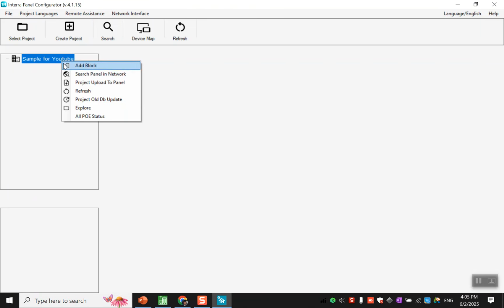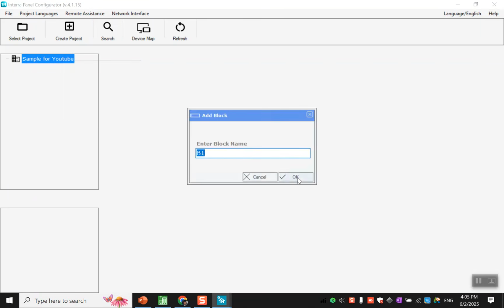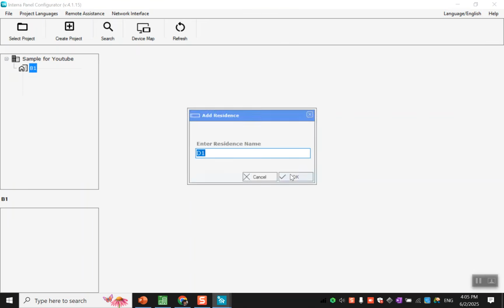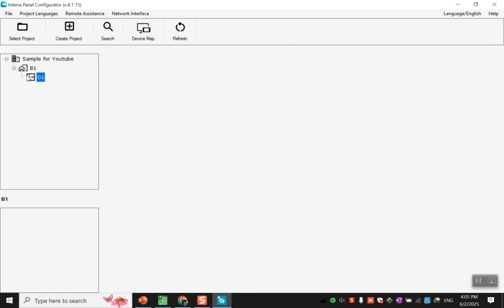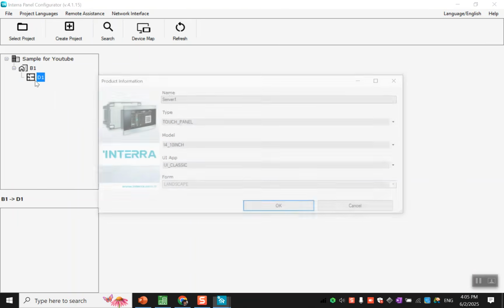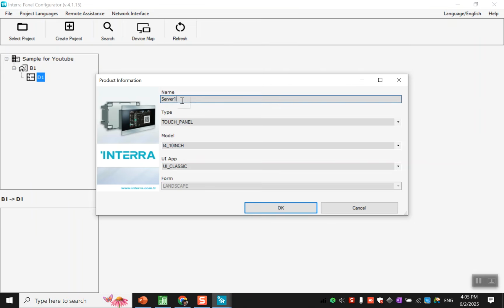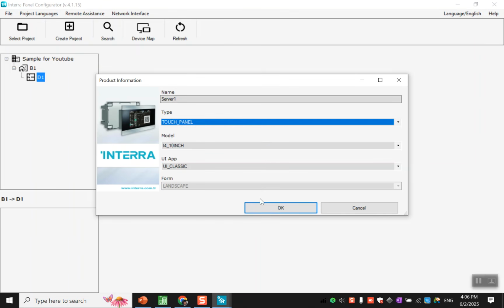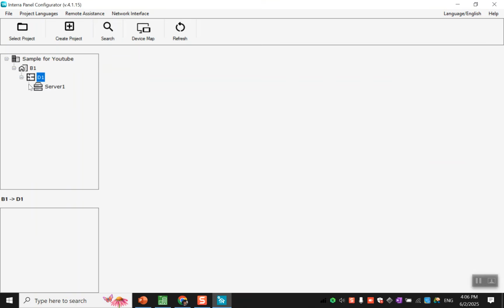and right click, we add block, for example block B1. Then we come to block B1, right click, add flat D1, come to flat D1, right click, add panel server. Which type of server you have? Server 1, touch panel server, and so on. We go with server, touch panel with server inside, and click OK. And this is a server. Okay, good. So now we are in the right configuration. We right click here,